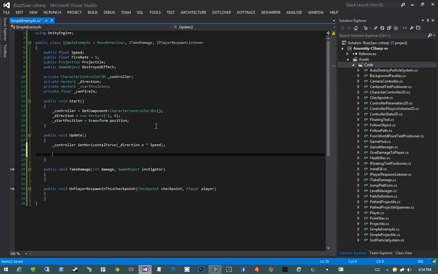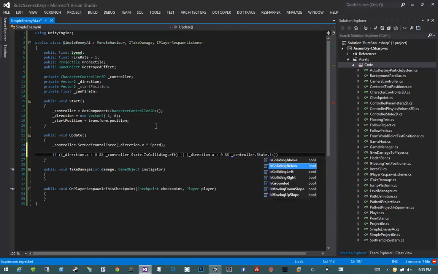Then we need to see if he's colliding with the left or with the right, in which case we will reverse his direction. So I'm going to say if direction.x is smaller than 0, meaning he's moving to the left, and controller.state.IsCollidingLeft, meaning he hit a left wall, or he's moving to the right, in which case his direction.x will be greater than 0, and controller.state.IsCollidingRight, which means he hit a right wall,